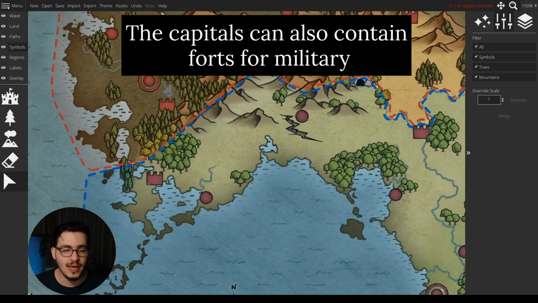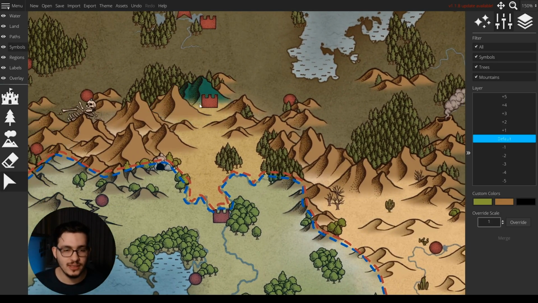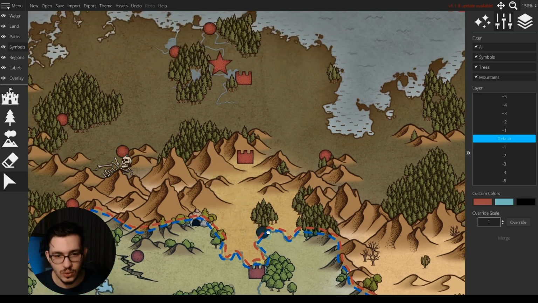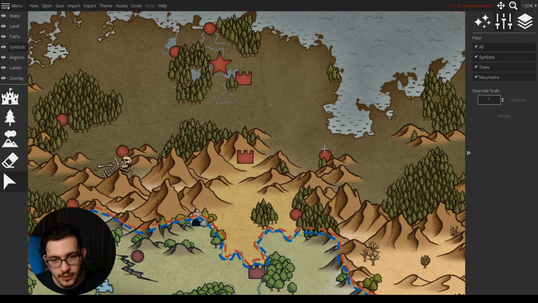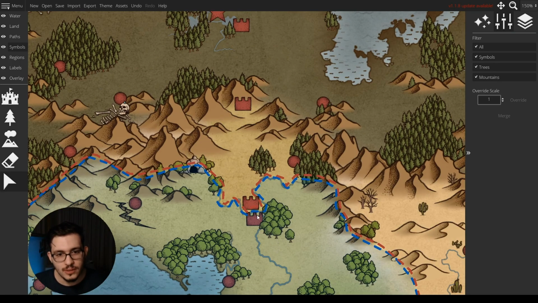What I also did is add forts considering borders, so both of these kingdoms have some forts there in case of any invasion. These guys are protecting here, where there's a gate through the mountain ranges, so it would make sense for them to have one here. And let's actually not revisions, but have an add-on. Let's maybe put one here, and maybe should we go with another one? So this could be the part where people go through the borders, like the passport control, you know?